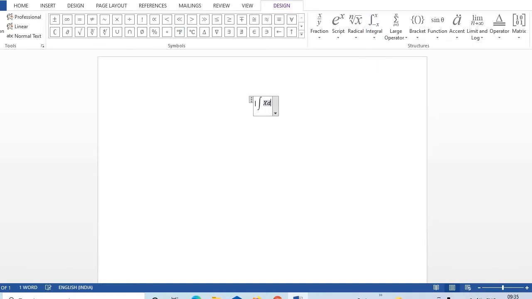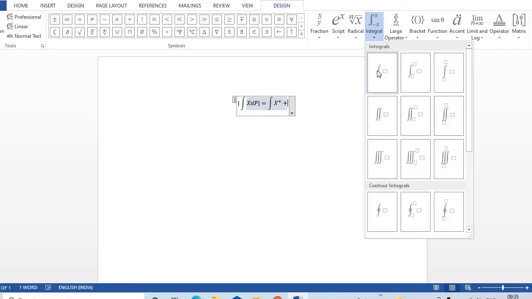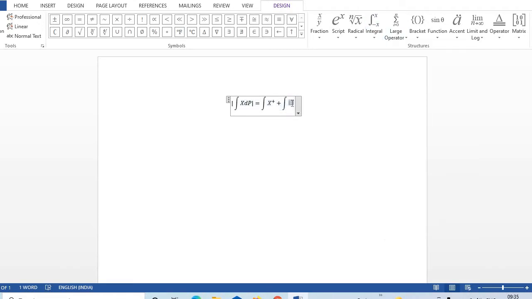x dp equal to integral x minus. Okay, so that means